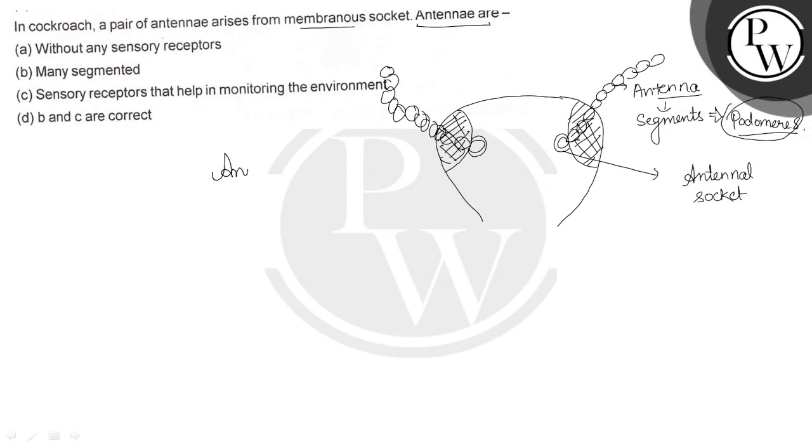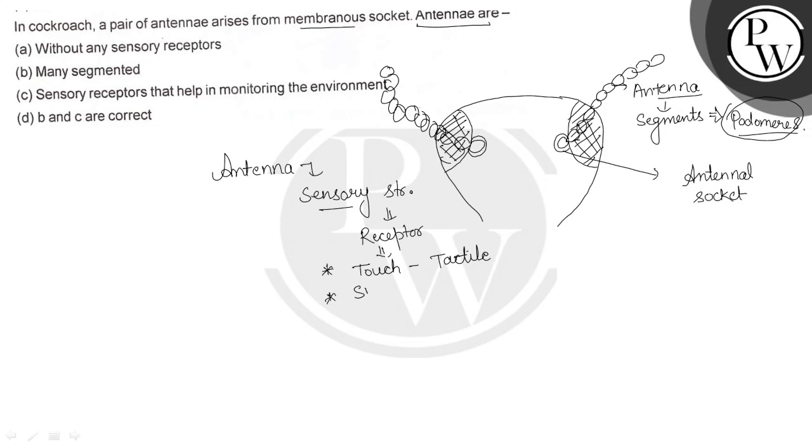अब जो ये एंटीना होते हैं, these are sensory structures. इसका मतलब ये stimulus को receive करते हैं. So if they are receiving the stimulus, it means they are sensory structures, and these have receptors. Receptor मतलब receive करने वाला. तो ये कौन कौन से signal receive करेंगे? These receive the signal of touch. So touch receptors are known as tactile receptors.